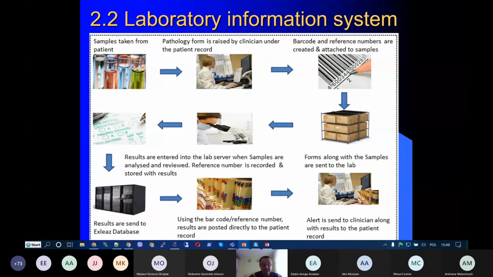In Ukraine, a nice example is Eurolab, Synevo, and a few others which